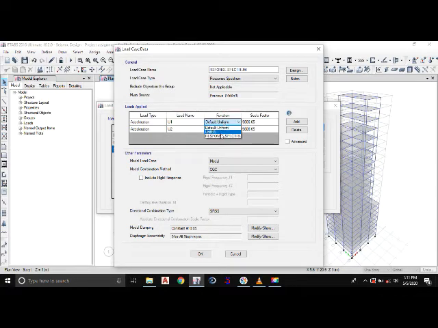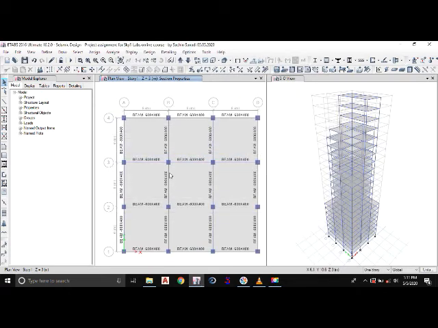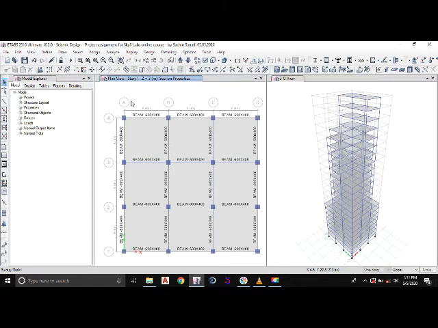I'll change the response spectrum function as response spectrum, and I'll change the scale factor to 1633.5 and 1633.5. Click OK, and that will be the application of response spectrum. You don't have to select any of the member properties, since the response spectrum is applied to the whole building directly. Once you apply the response spectrum, go to analyze and then run analysis.